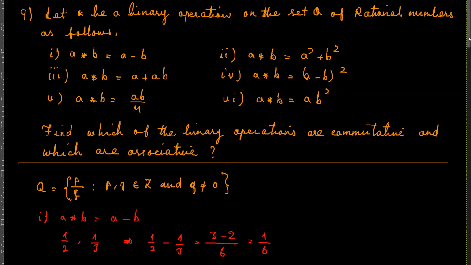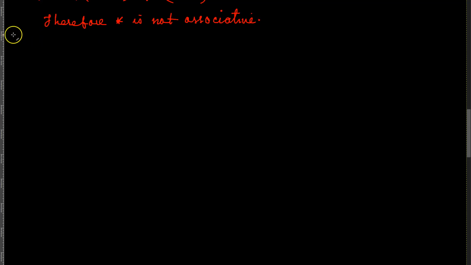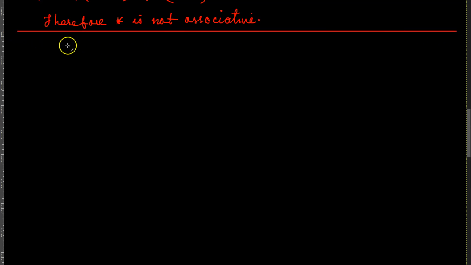So if star is a binary operation defined on the set of rational numbers, and A star B is equal to A squared plus B squared, then what we have here is that